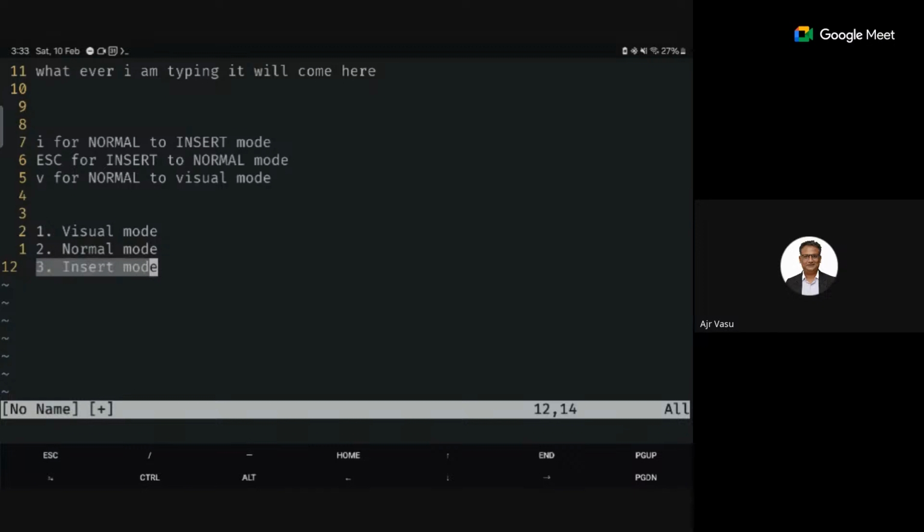If I press escape from insert mode, I go back to normal mode, where I do navigation, editing, and copy-paste operations and some other operations. Insert mode is for text input and editing. Visual mode is only for selection.